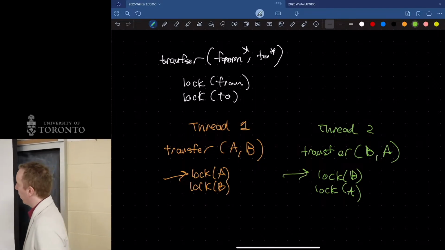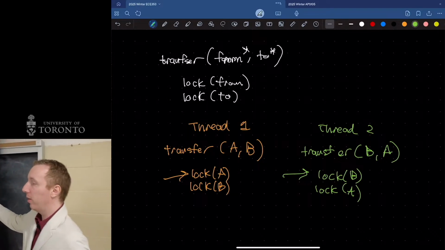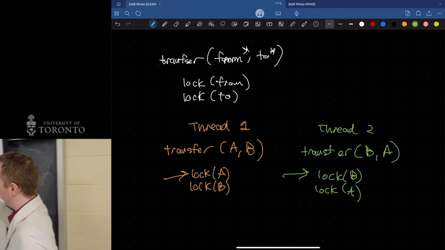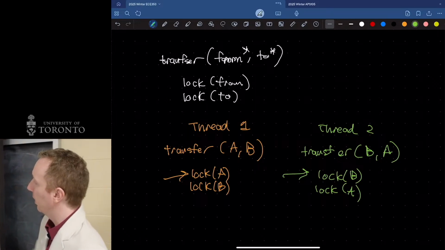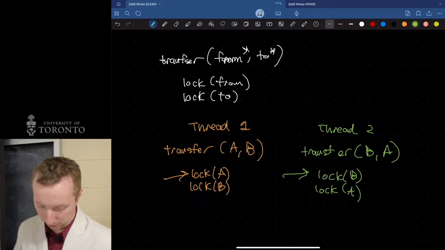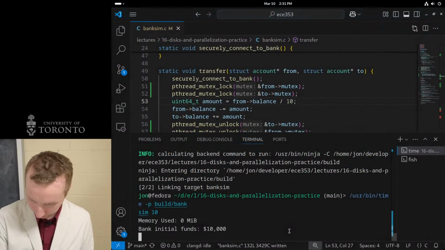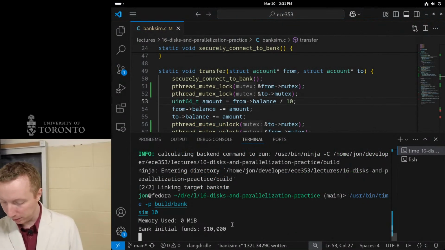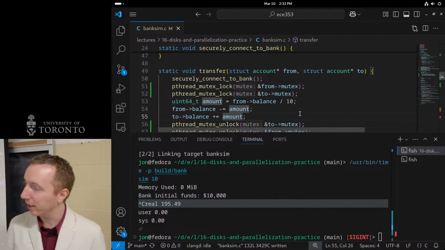It locks account B's mutex, and now we are at a deadlock, right? This one can't progress because it's waiting for that one to unlock, and the other one can't progress because it's waiting for the other one to unlock. So we are now in the deadlock scenario. So this is still running because it's deadlocked, so I have to Control-C, kill it, and yeah, it definitely is deadlocked.